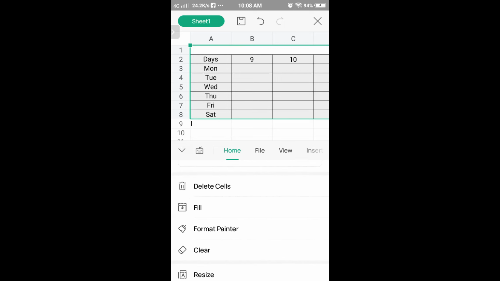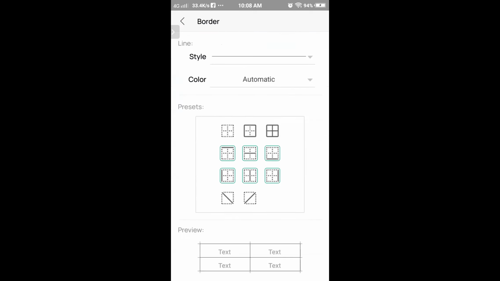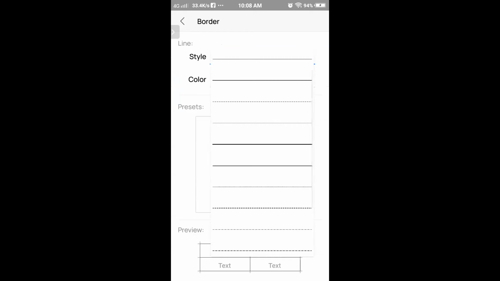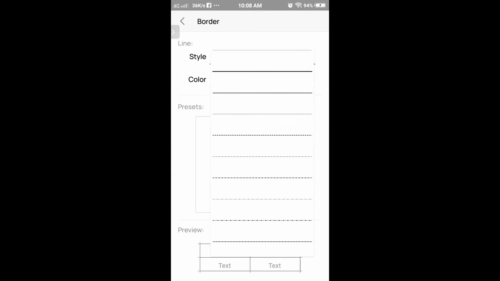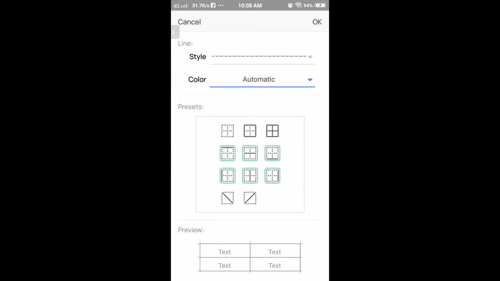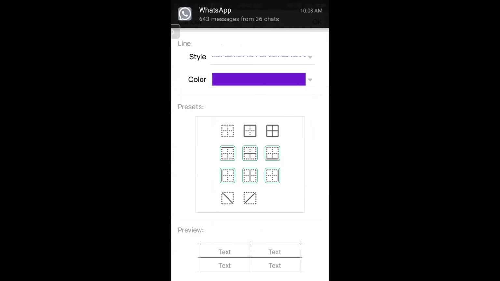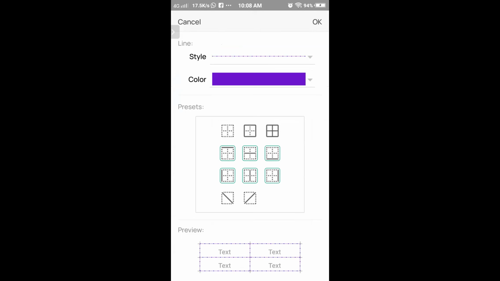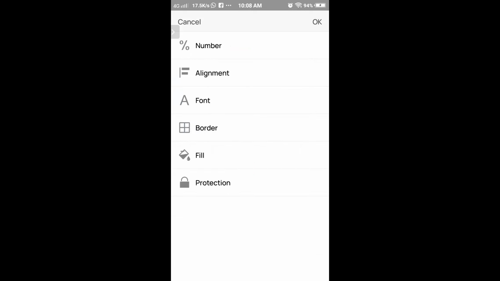Now we can go to format cell. इसमें देखो शायद borders में और options भी आएंगे. Yes, we have different styles for the border. Let's take this style. Color of the border should be purple and all borders. Okay. Fill it also.